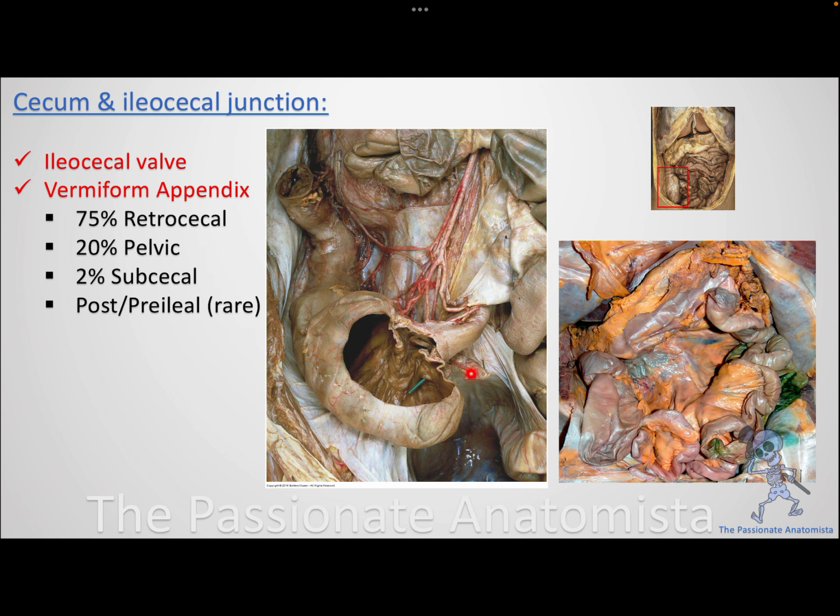All right, so what would be the position? It would be retrocecal. In most of the cases, it's behind the cecum. Sometimes it hangs in the pelvis, and that would be 20%. It could be subcecal, but this is a very small percentage, and it could be post- or pre-ileal, and this is very rare, okay? So the most important thing is you need to know that in most cases, the appendix is expected to be seen behind the cecum, retrocecal, and this is important during surgeries, and that helps in finding it if you would like to do